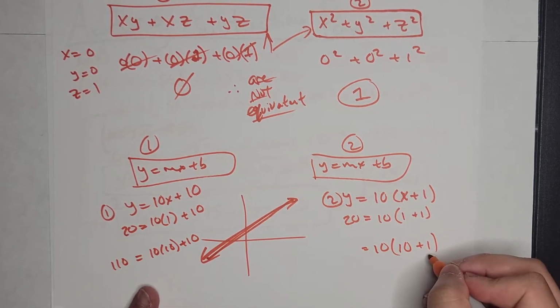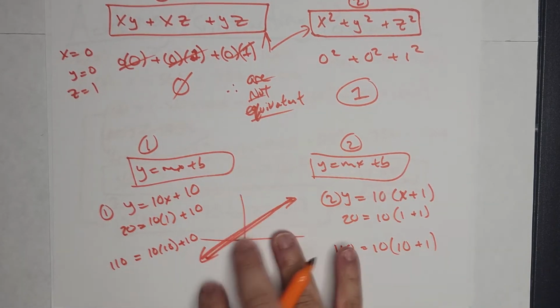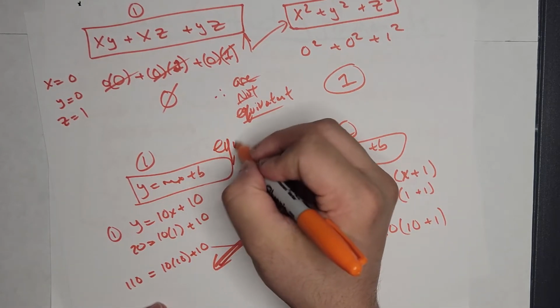10 plus 1 is 11, times 10 is 111. And that is how we check for